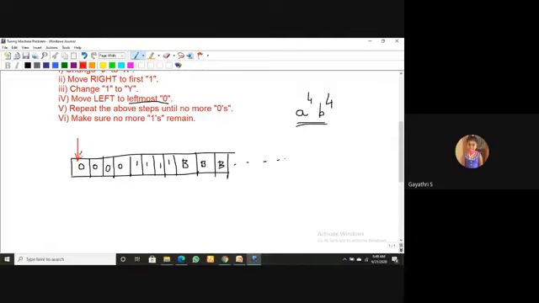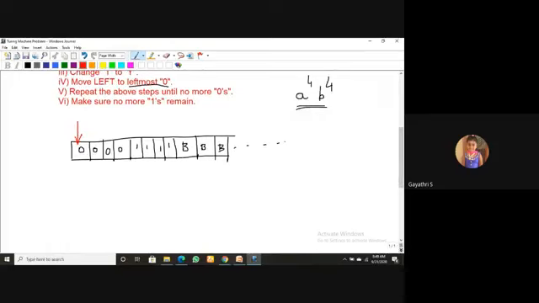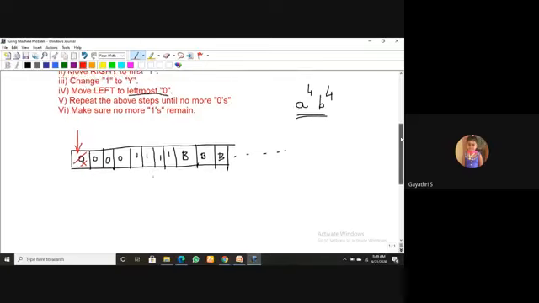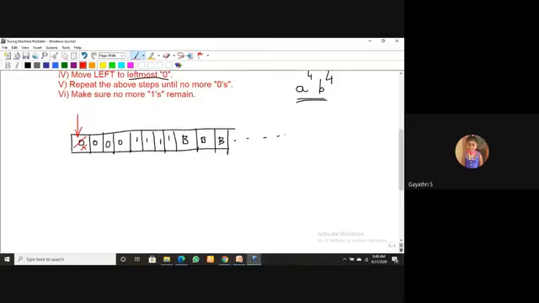See, what is the first point in your instructions or algorithm? Change 0 to x. My current reading input symbol under the head, which is 0, is replaced by x. Next, I'm moving to which direction? Right. Second point, move right to the first 1. Keep it in your mind: in between, a lot of input symbols, n number of zeros, are received, but your goal is to reach the first 1.